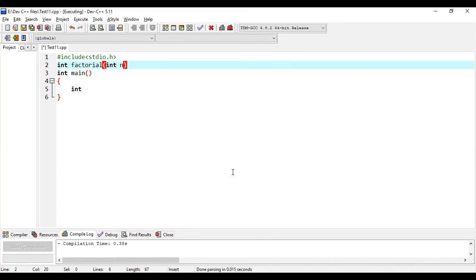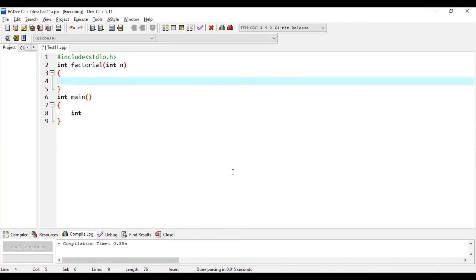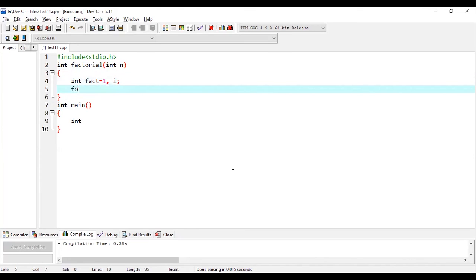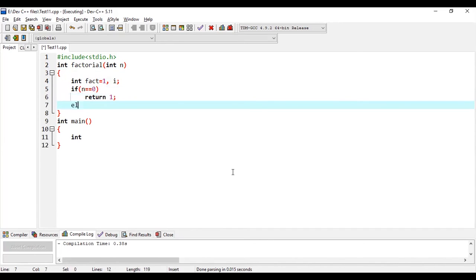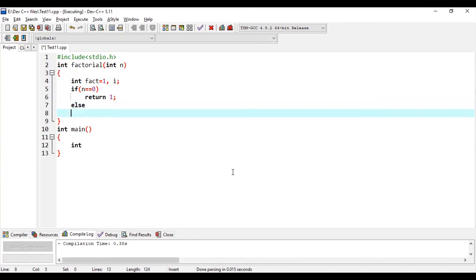This is what you have to do: you just have to write fact is equal to 1. You just have to take that and then you will take i to run a loop. That's it. These are the two variables you need, and then we can check it. You always check it, like if n is equal to 0, then you directly return 1. You don't need to do anything else. You can also check for less than 0, but I'm not including that part here.